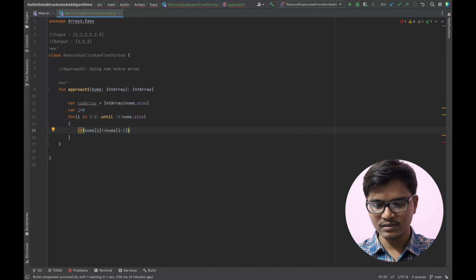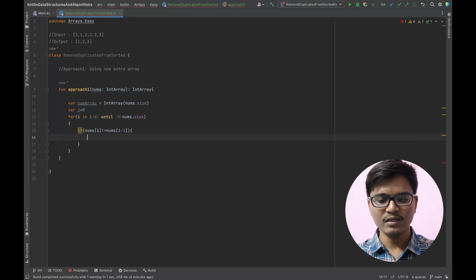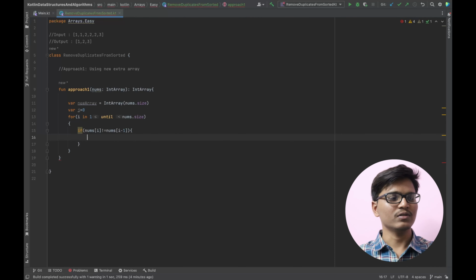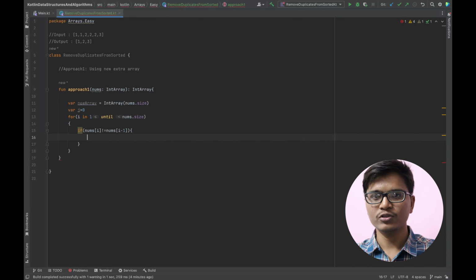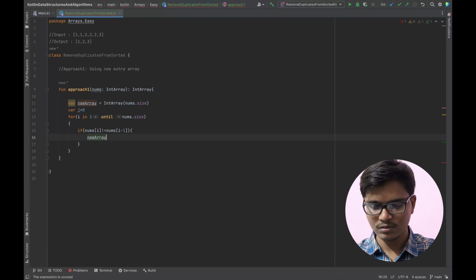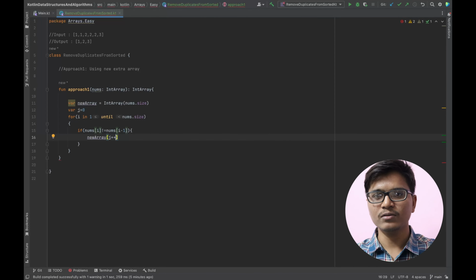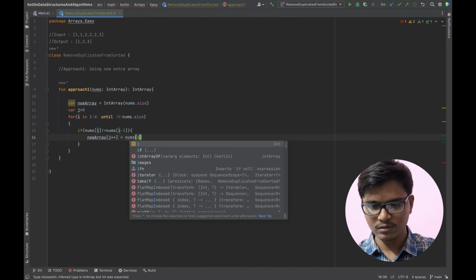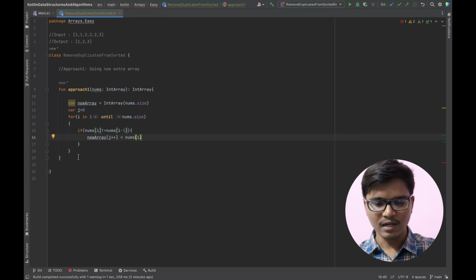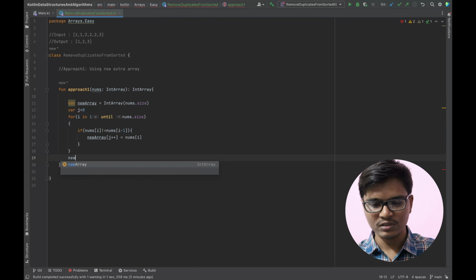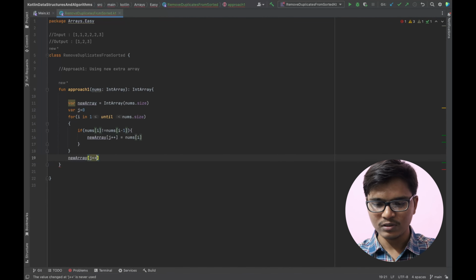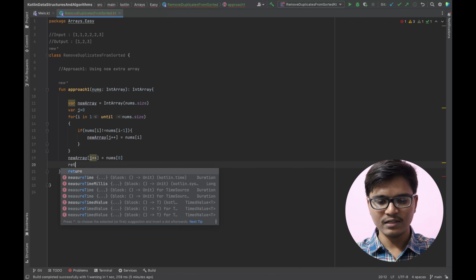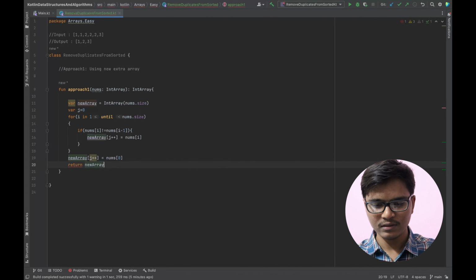If this is the case, I will straight away push nums of i into the new array. And at last I will push the 0th element also into the new array. And finally I will return